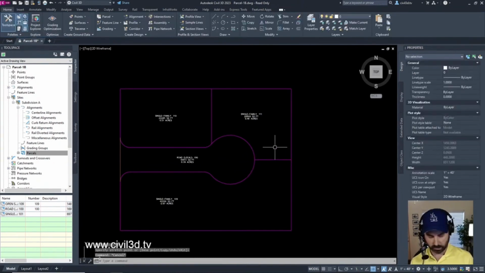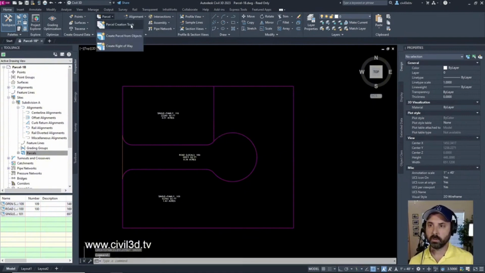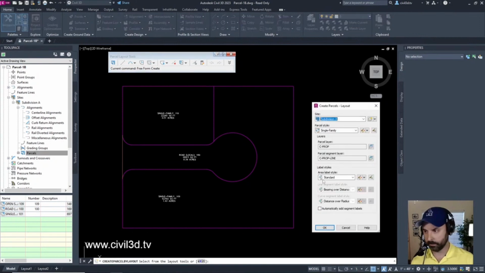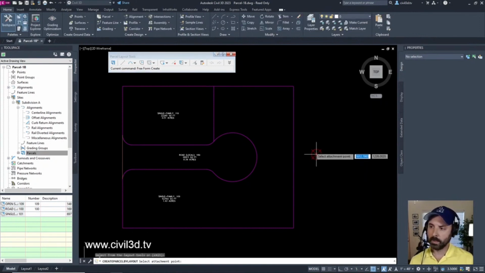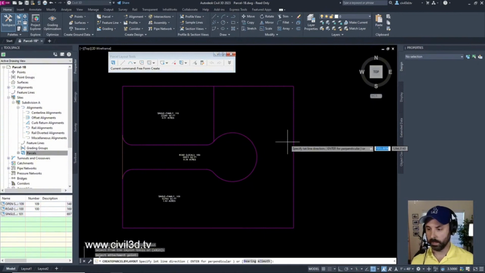There we go. Okay, here's what I did. I go into parcels, parcel creation tools, click on freeform create, click OK. Then I'm going to go way out here, click the attachment point, then I'm going to just press enter to accept that.